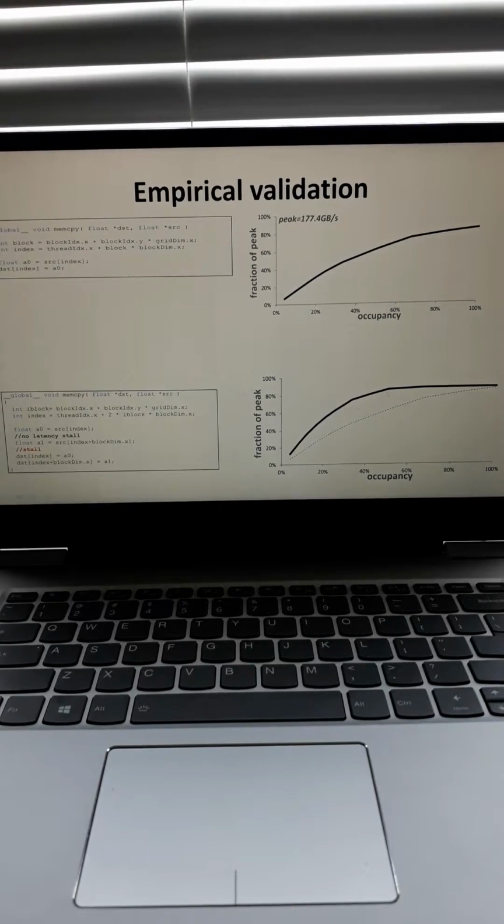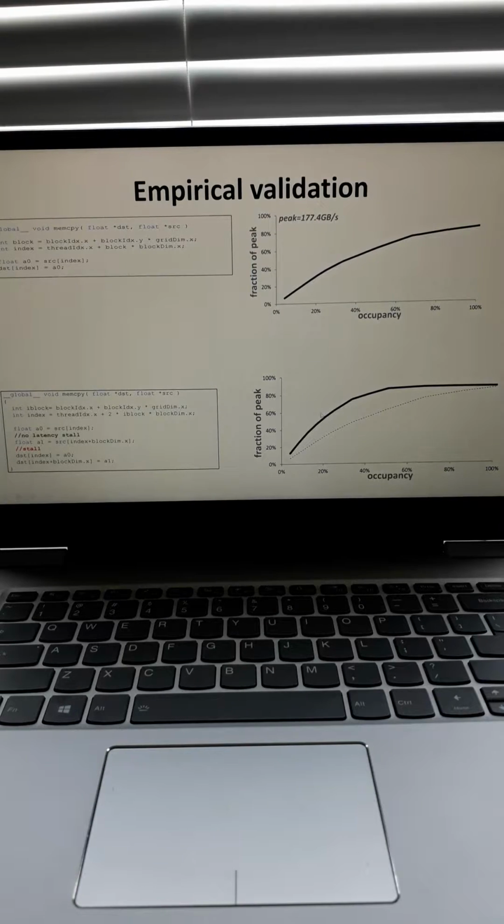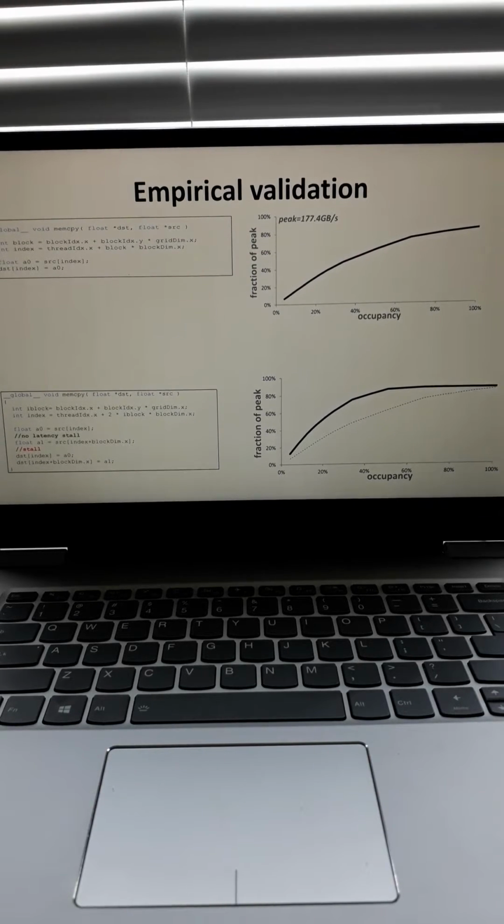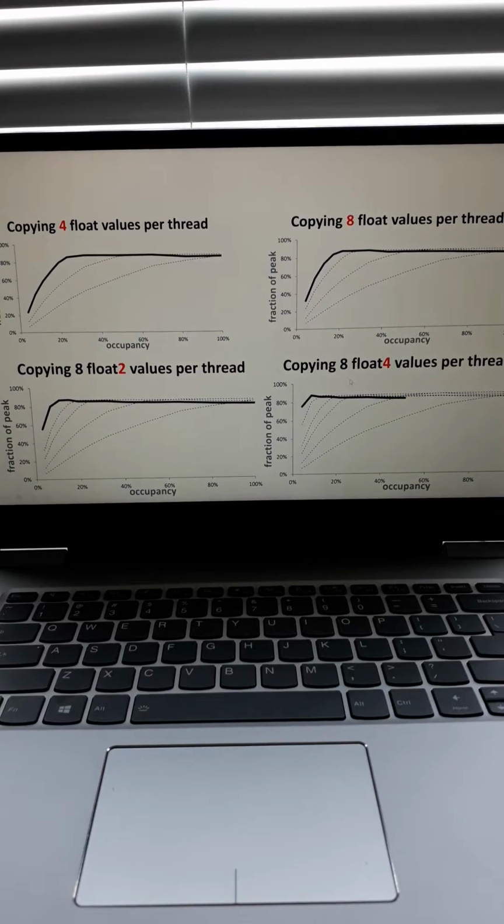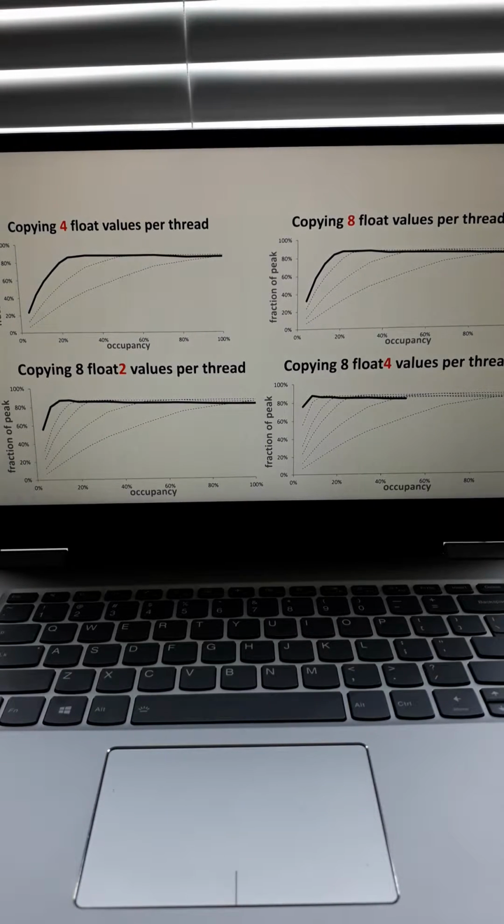50%. Now there is one more concept over here. We should not get confused that the threads stall during memory access. The threads do not stall during memory access. They only stall for data dependency. And over here we are accessing the memory, so there is no stalling taking place. Now, if we do the same, instead of copying 2 floats per thread, we are copying 4 floats per thread, we can achieve the same 84% peak with